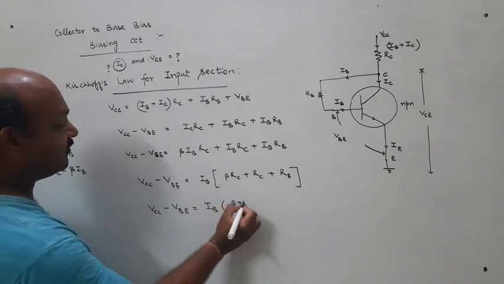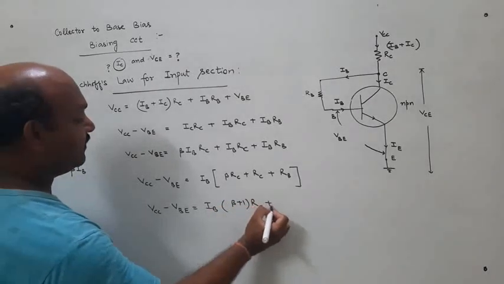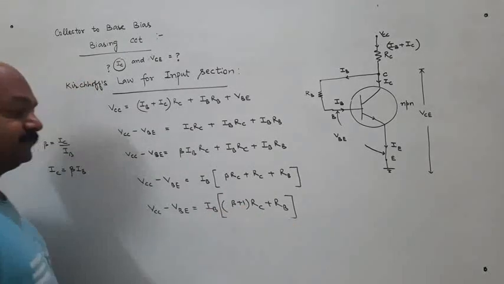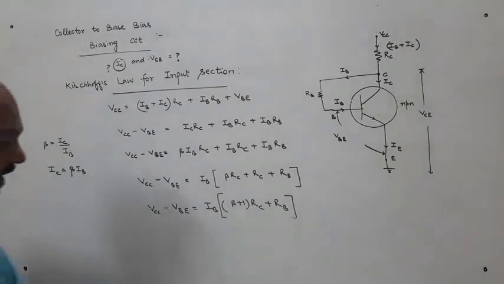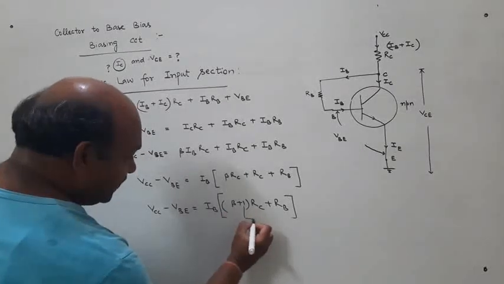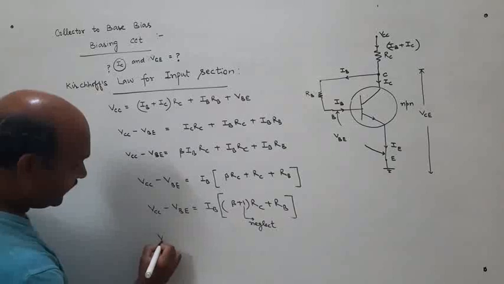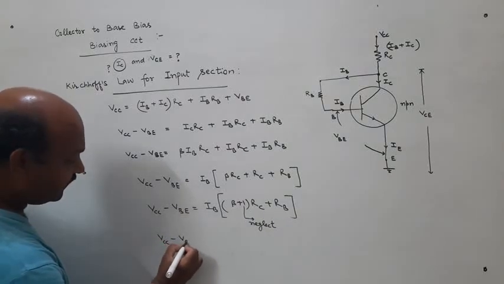It is (beta plus 1) RC plus RB. As beta is very large, we can neglect 1 and it comes out to be